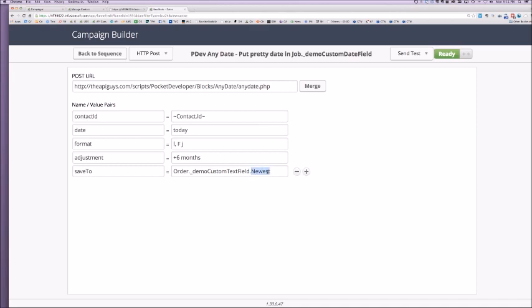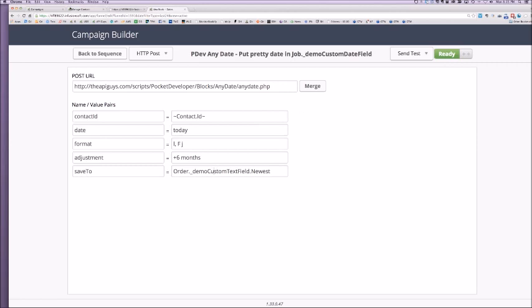And then in our notation, one of many pieces of that notation is this .newest. So this will just say, find me the newest order for this contact and put that date in that field. And we can do that with just .newest. In fact, right now we could even leave this off because it actually defaults to newest. But I wanted to put it there to make you aware. Other values that work here are also first, last, and oldest. So this is actually going to write to the order itself, rather than to the contact,